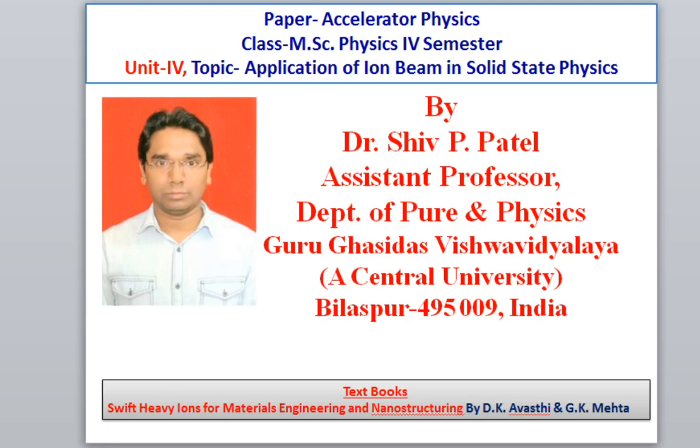Even nowadays ion beams are used in nuclear physics, and in biology, that is radiation biology. Nuclear physics experiments are not even possible without ion accelerators. They are used in geology, geography, environmental science, geophysics; several branches of science use ion beams to do research. So let us come back to our topic, the application of ion beams in solid state physics.